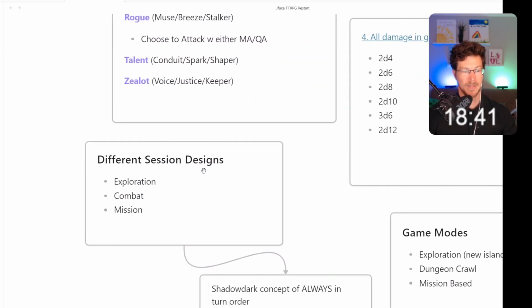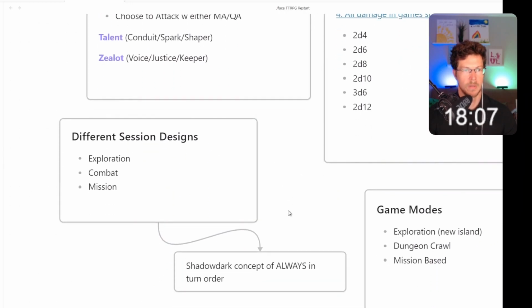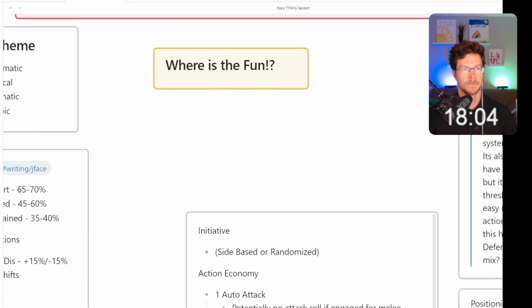Different session designs. I liked the idea of these being your three session concepts: exploration, combat, and mission. I might design each one of those differently. When you sit down for a gameplay session, which I think of as a 3-hour session, because that's what I play with my game group, the theme depends on whether this is an exploration, a mission, or a combat session. For that 3 hours, they all can still have all three of those, but the weighting and balance might be different. It might have a different design based on what the top-down theme is. So we'll come back to that.